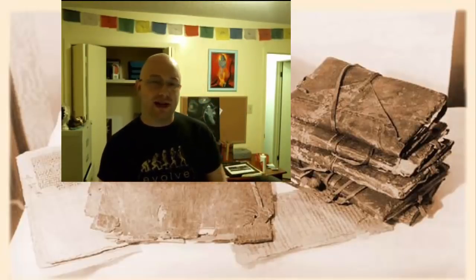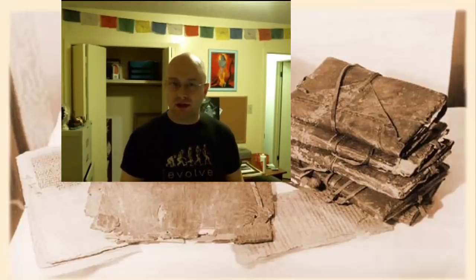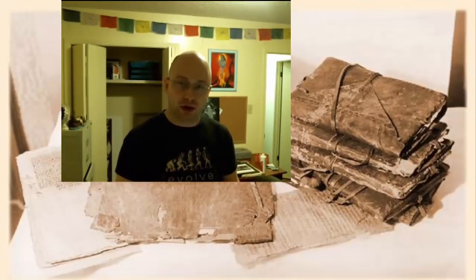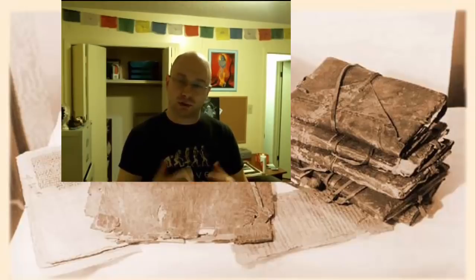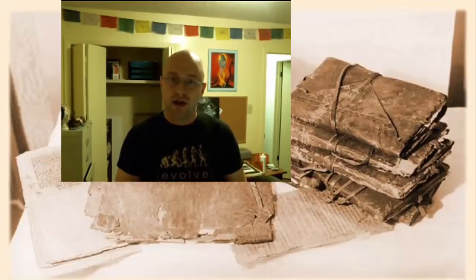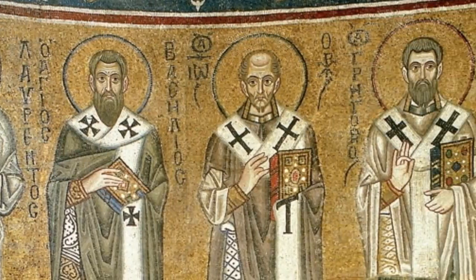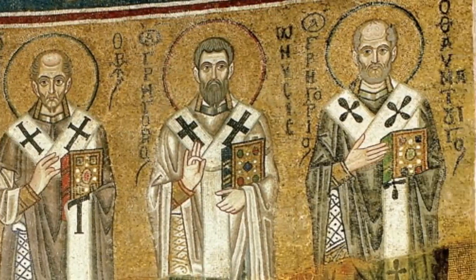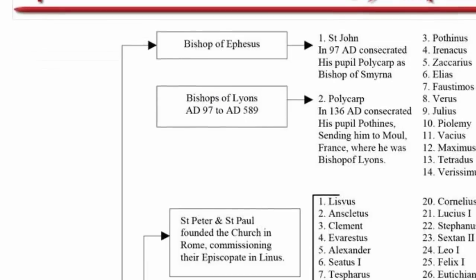Now, it's a fascinating point of history to know where these ideas come from. You see, in the early centuries Christianity was beginning to diverge into a lot of different schools of thought. Most especially, you had Orthodox or Catholic Christians who were following the directions of the bishops. And the bishops were the disciples of the apostles themselves. So for instance, we can connect several early church fathers, or rather apostolic fathers, directly to one of the 12